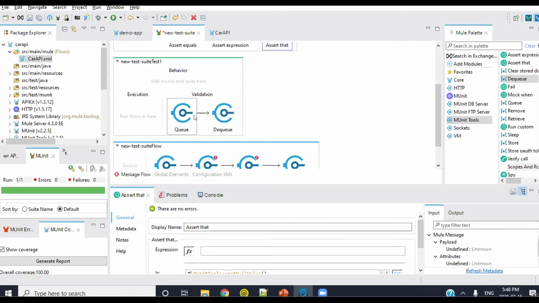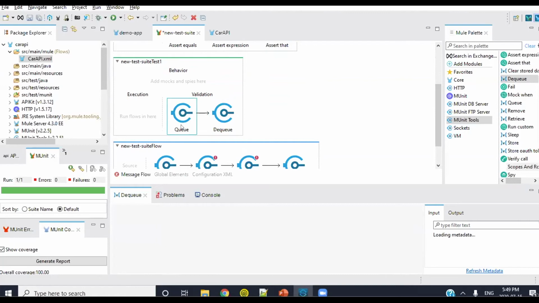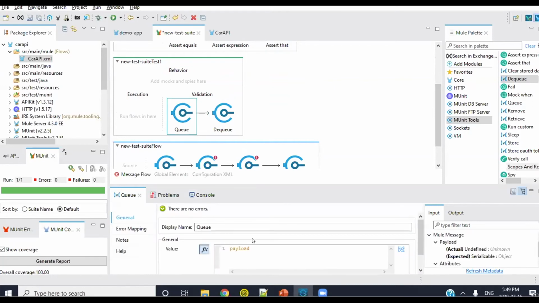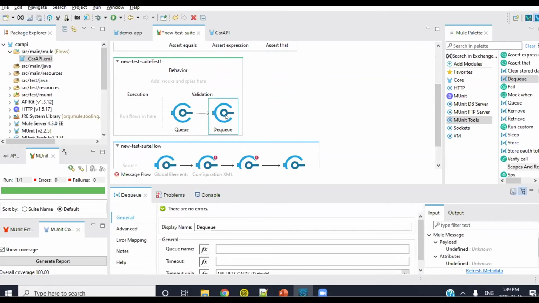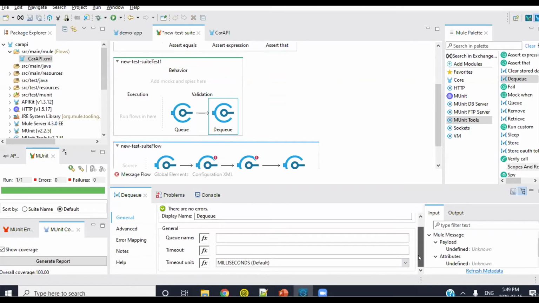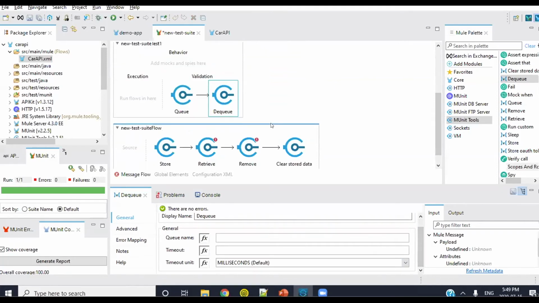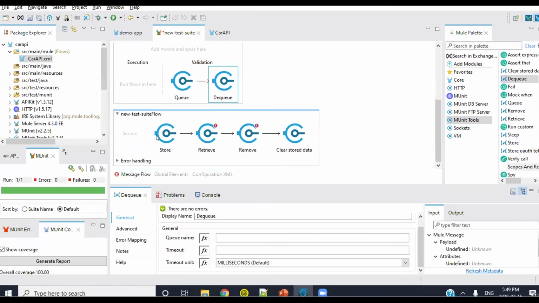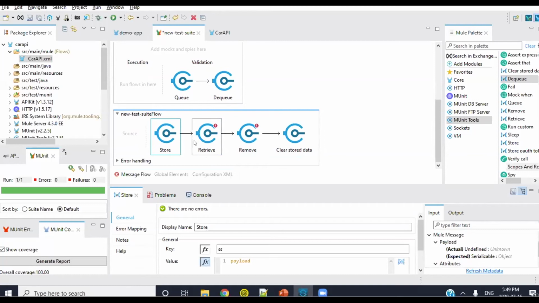And we have the queue processors, queue and dequeue. In order to insert a particular payload or message into the queue, you are using the queue processor. If you want to remove the message from the particular queue, and if you want to put some timeout, then you are able to use the dequeue. At the same time, we also have the storage processors: store, retrieve, remove, and clear.